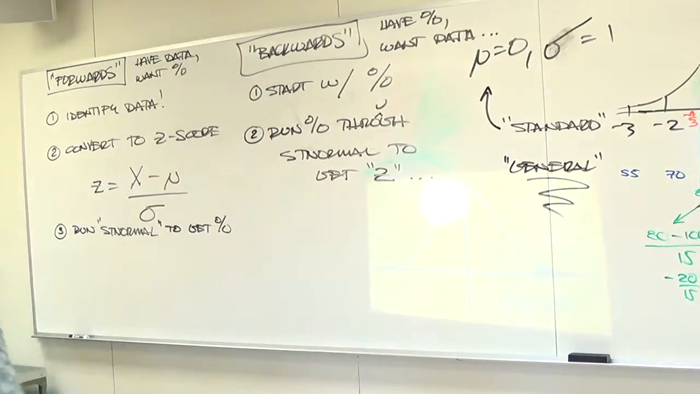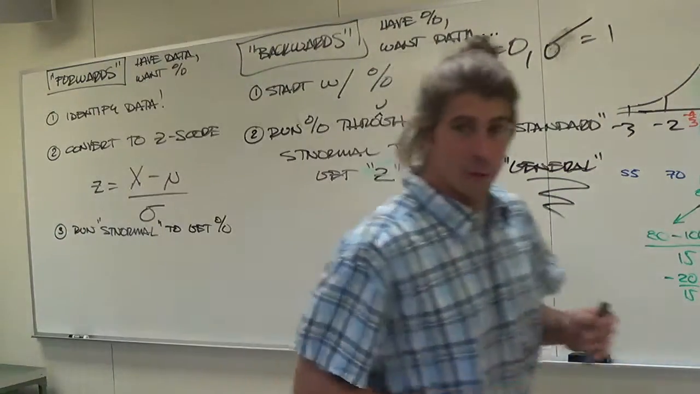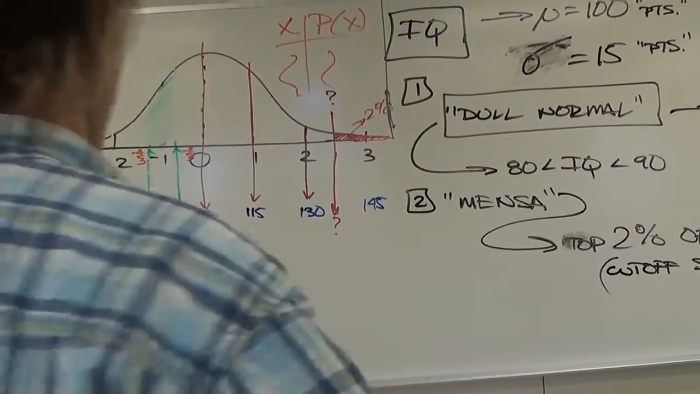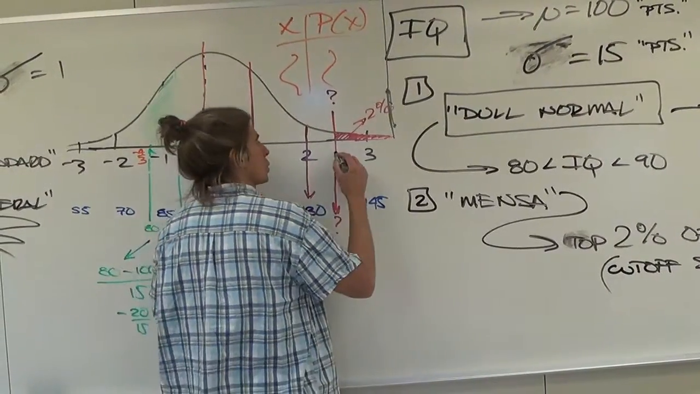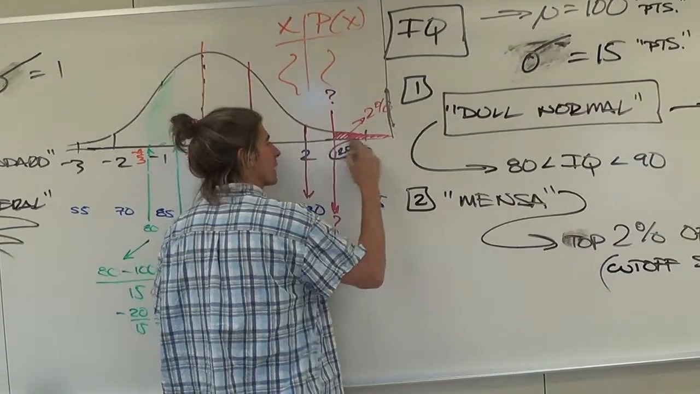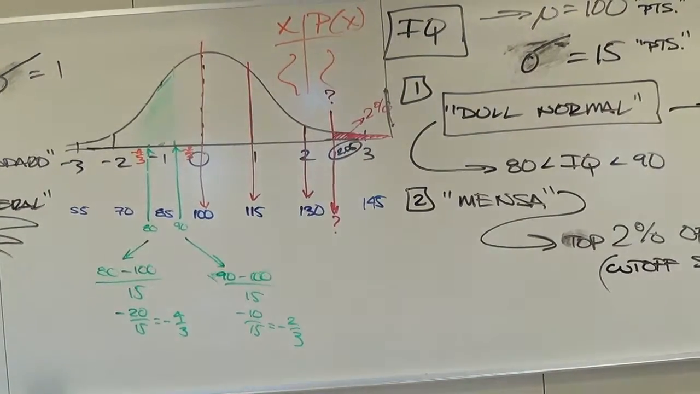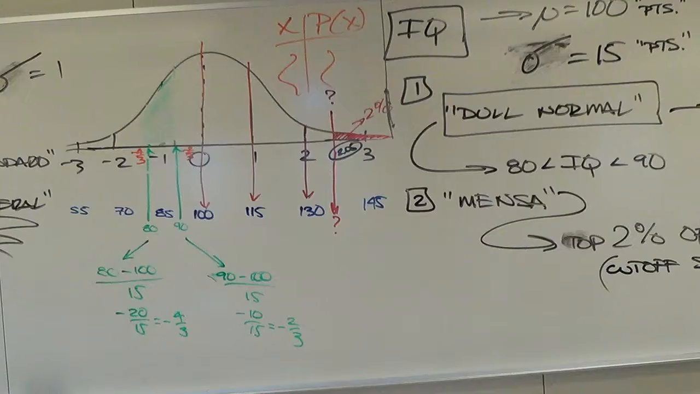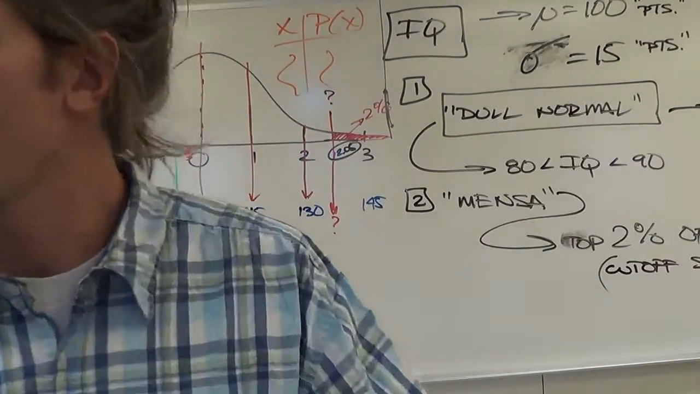So I'm going to turn this off. I'm going to look over at my curve real quick, and I'm going to add a 2.05 right there, because that's my z-score. What are we going to do next? Now that we know it's 2.05,